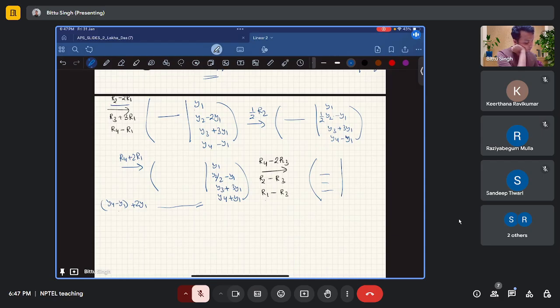First one is R1 minus R3. R1 minus R3 means Y1 minus R3, so Y1 minus Y3 minus 3Y1. So it will be minus 2Y1 minus Y3. Then R2 minus R3. So it is Y2 by 2